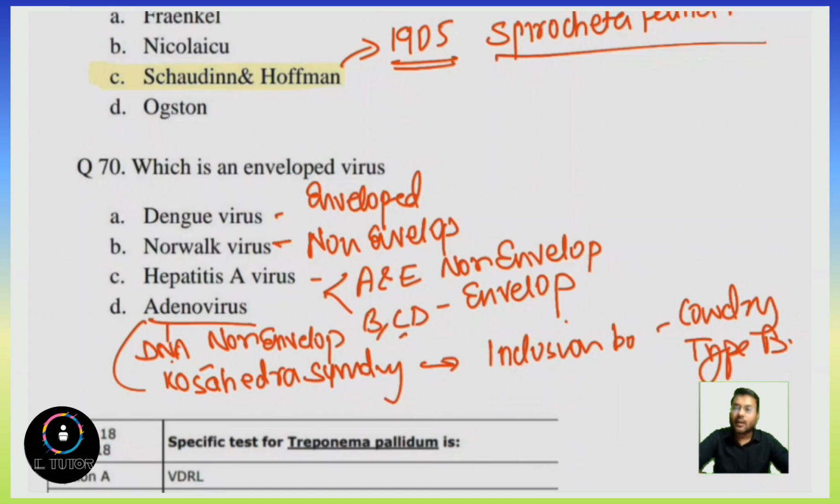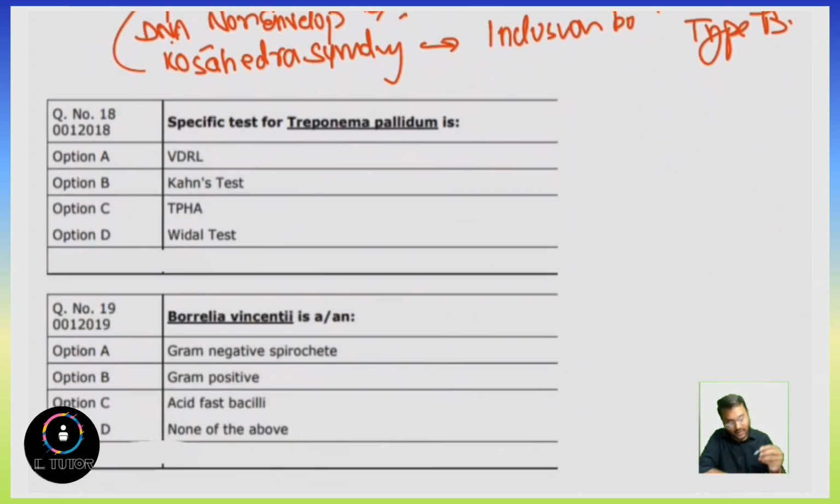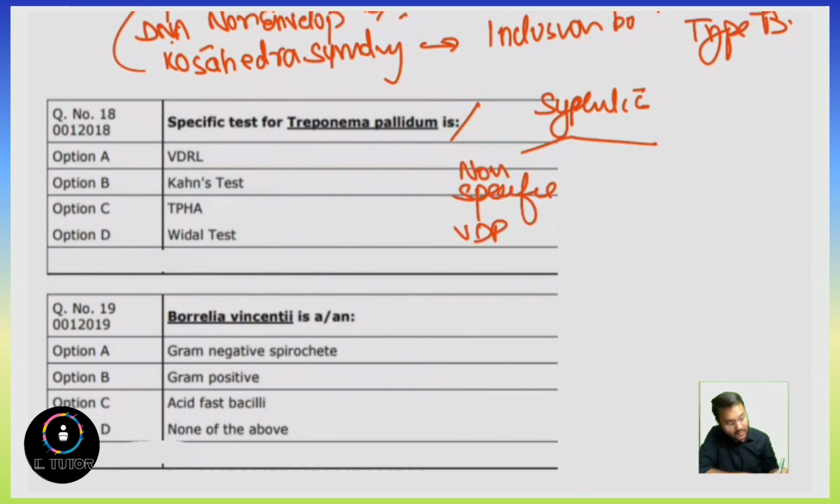So among the given options, the answer will be dengue virus, option A. Next question is the specific test for Treponema pallidum. So they are asking for syphilis. For syphilis there can be two types of test. One is non-specific,